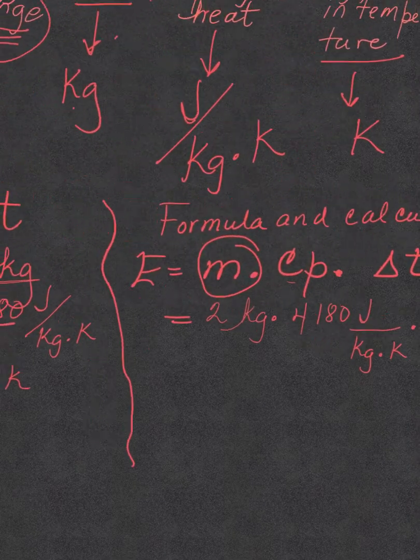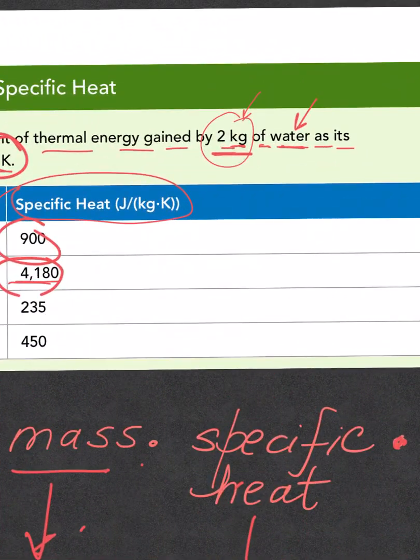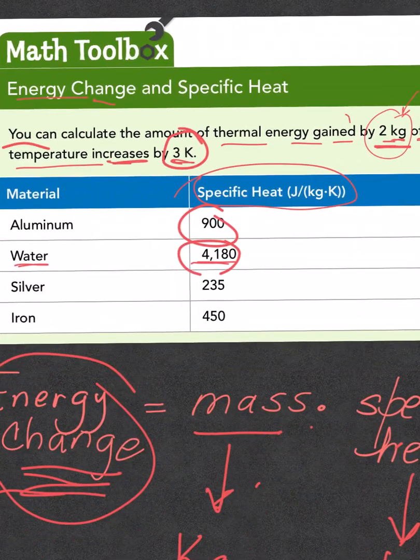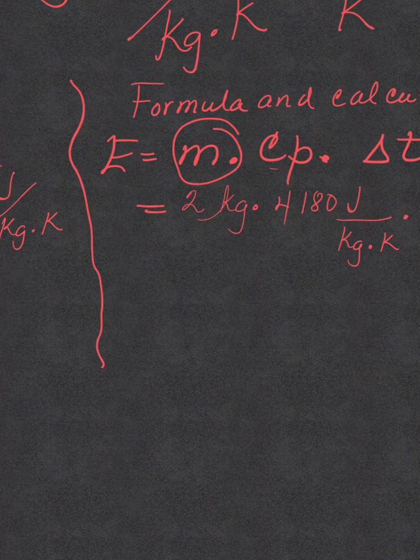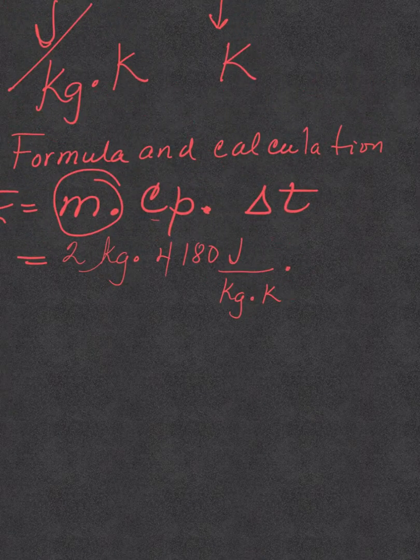And see, this is important. It is a gain, because you are increasing the temperature by 3 degrees. So this difference over here is positive 3 degrees. How are you going to solve that? You're going to multiply the numbers. When you multiply 2 by 4,180 by 3, the final answer